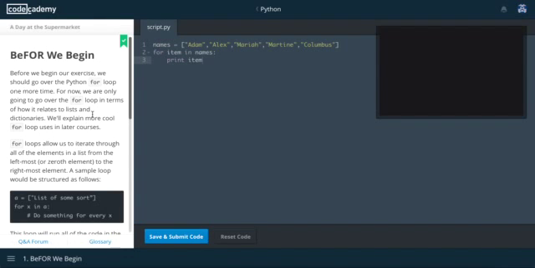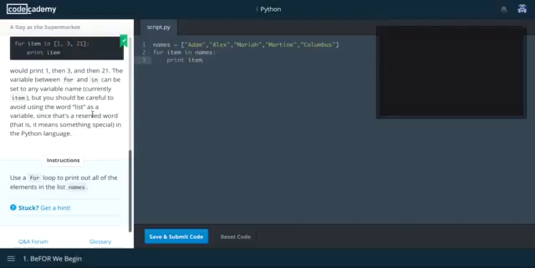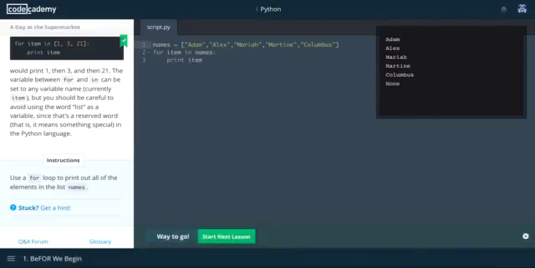So first, we have to use a for loop to print out all the elements in the list names. If I reset the code, the original given is just the list names, and we have Adam, Alex, Mariah, Martine, and Columbus. The code is I have to use a for loop, so for each item in the list names, we print item and submit. I just added print to make sure that it's working, so that it's visible